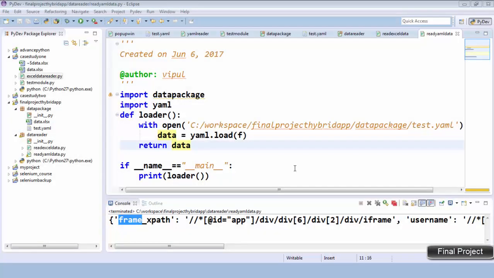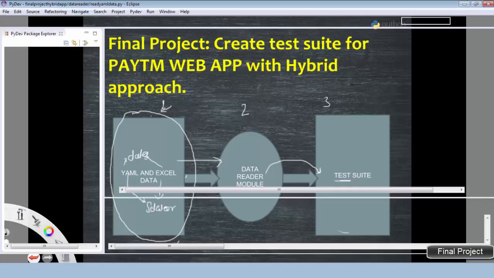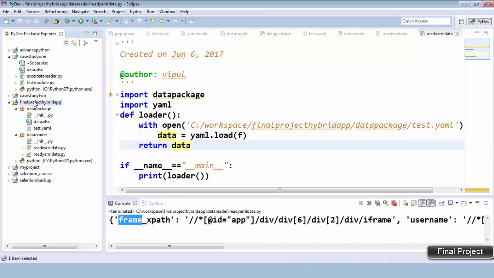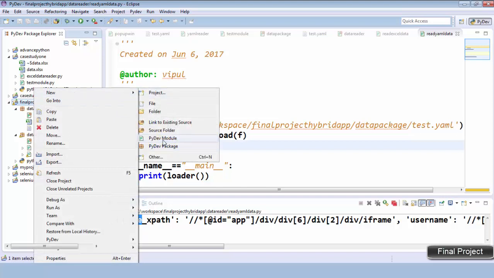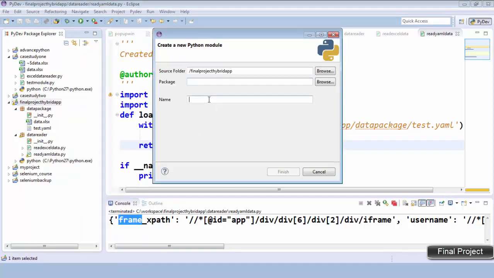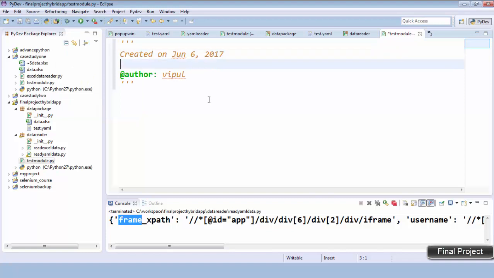Hello guys, welcome back. In this video we are going to create the test suite, which is the unit 3, and we will access the data from both Excel sheet and YAML sheet. So here I will create the final module. I can create a new test module, and here I will use the complete thing